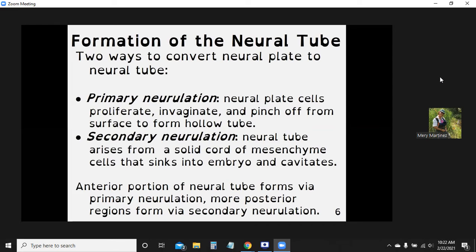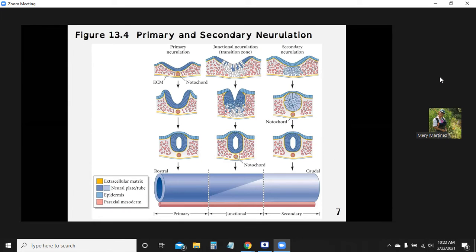So the complete neural tube is formed by joining these two separately. We're going to have primary neurulation at the front, and secondary neurulation in the second half of the embryo, okay? So together. In this one, we see clearly this primary and secondary neurulation. In the anterior portion, as I said, it is primary neurulation, and the posterior portion is the secondary neurulation. And in the middle, of course, we have a junctional neurulation that allows the fusion of the two,